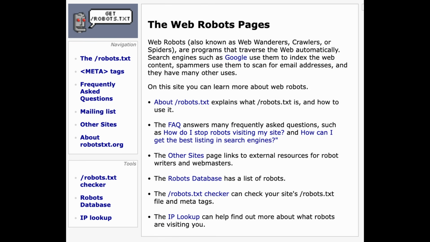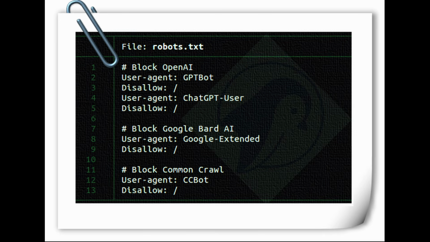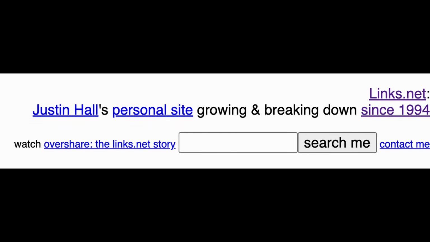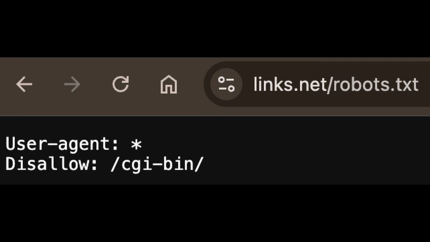in plain text. This, again, was meant to be an agreement and not a lock, so malicious bots could just ignore the file. It instead served the purpose of making crawling the web more efficient for crawlers and also less infringing for site owners. This became super popularized as a standard around 1996, so even some 30-year-old websites will have the same robots.txt file as modern sites do.